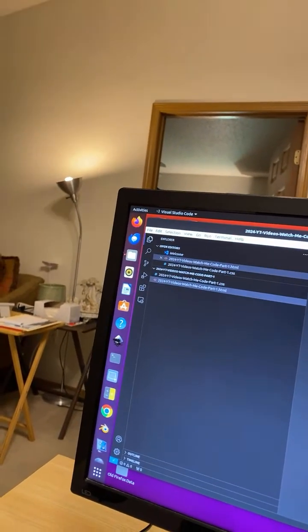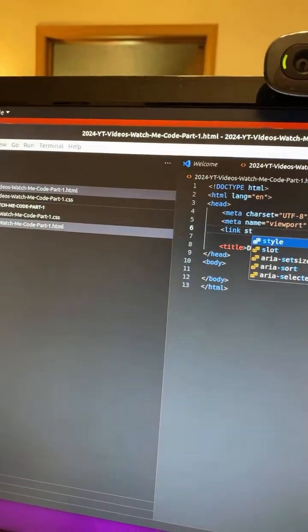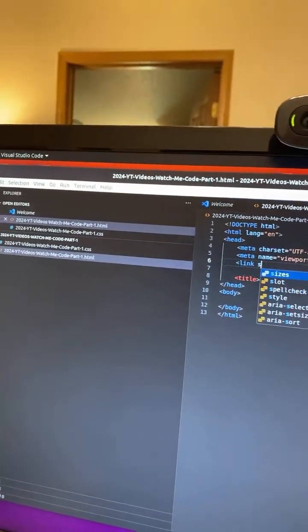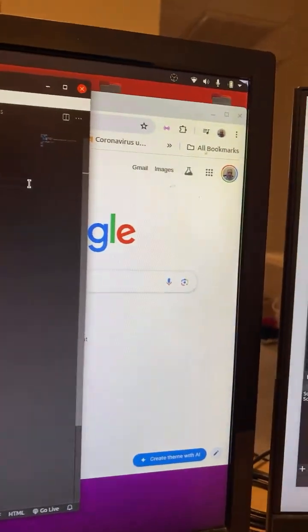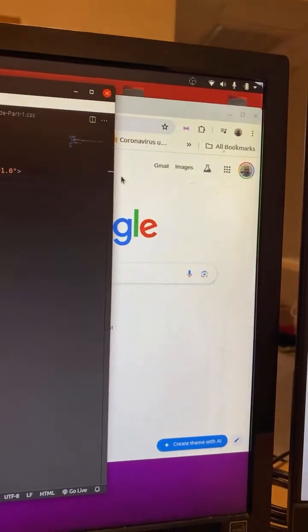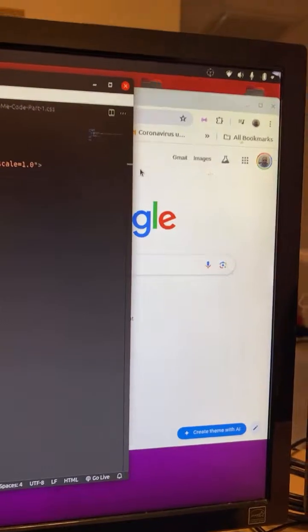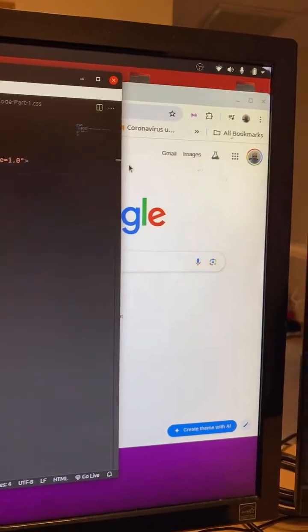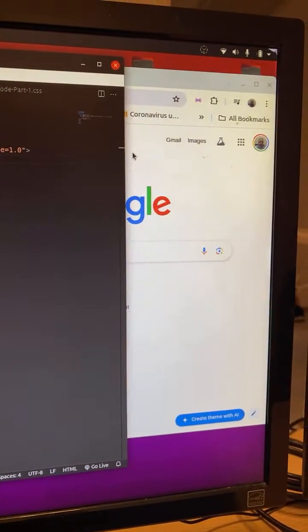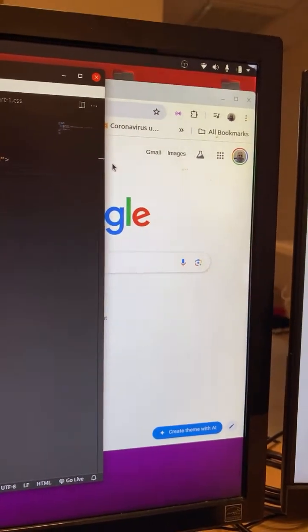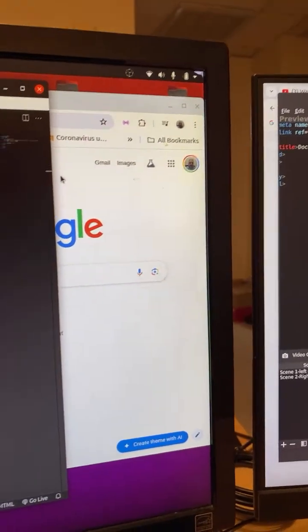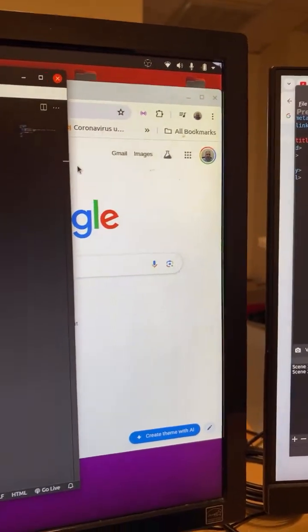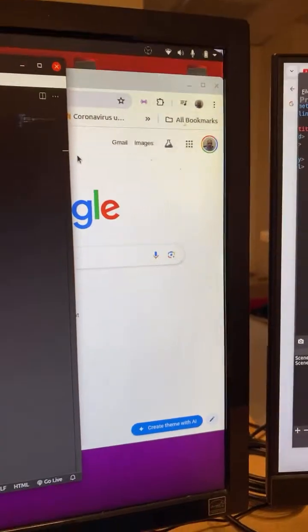Link, space, and then style, type, actually ref. Yeah, ref. I can't remember this, but okay, you can add a ref here. And the ref is a style sheet. You always add this one, the style sheet, between double quotation marks, space, and then you add the word type, equal, and double quotation marks, and in between you type CSS slash